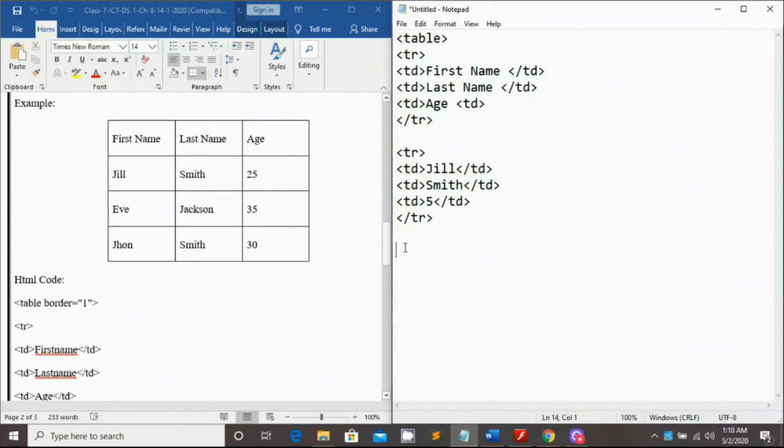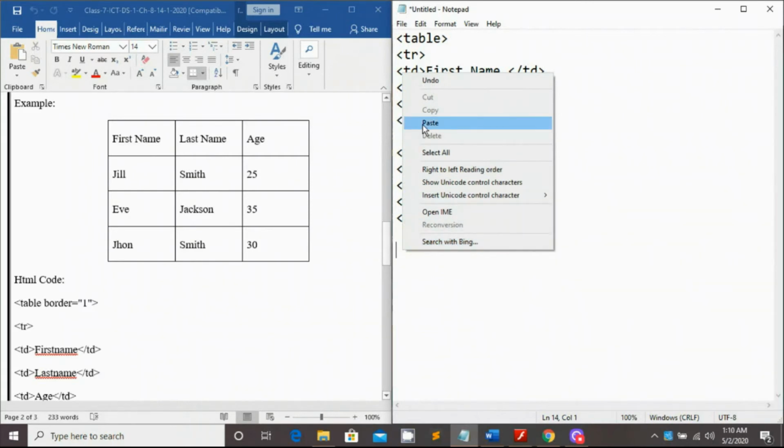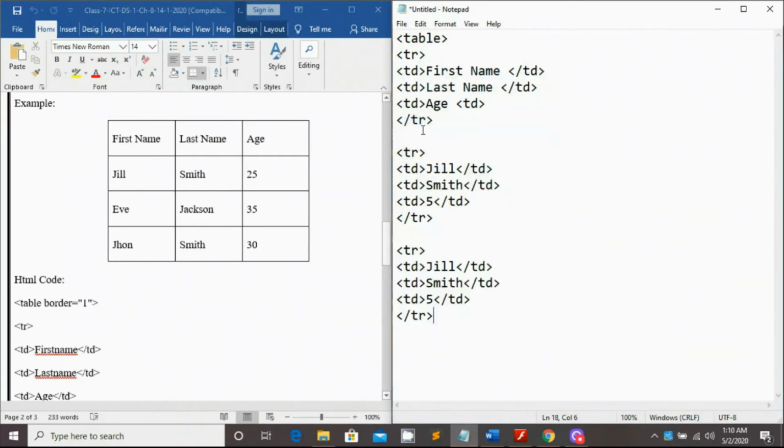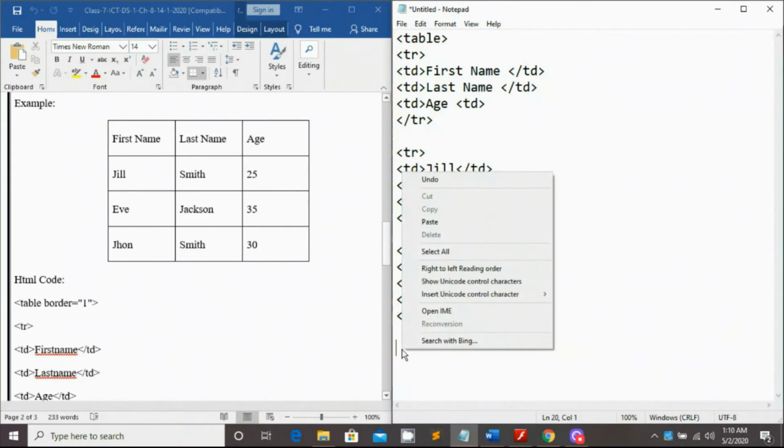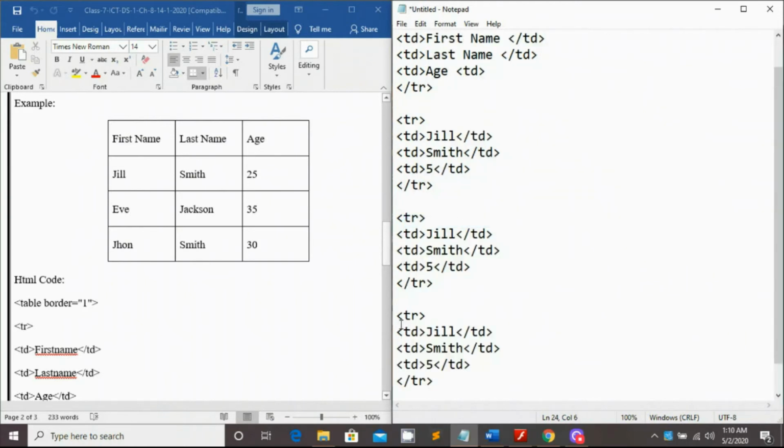Now press enter, right click here and click on the paste option. Done. We need one more row, so press enter 2 times, right click here, and click on paste. Now this one is your first row, second row, third row, fourth row. We are in the third row.